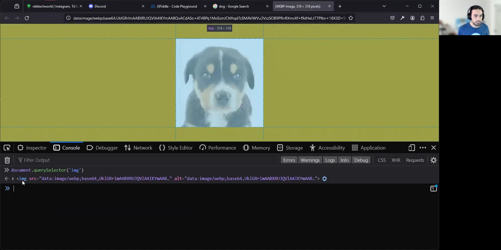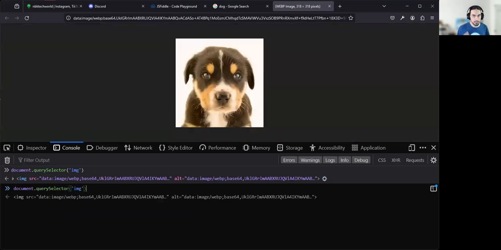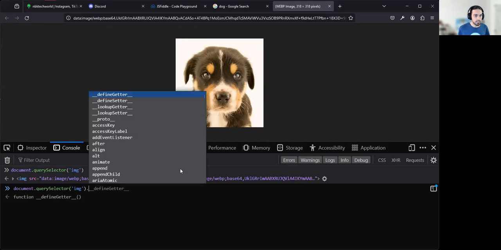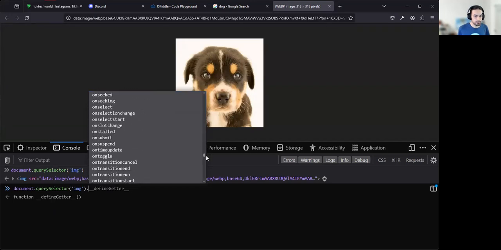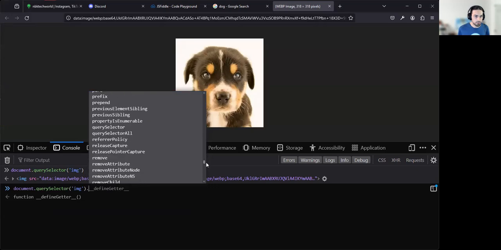So this image, we can go here. I press the up arrow in my keyboard and I can see dot. And there are many things that suggests out of this value that was returned. And I can look up for things that are of interest. So I can confirm if I scroll all the way up, these are all the properties and operations or functions we can do on this element. And I can confirm that,